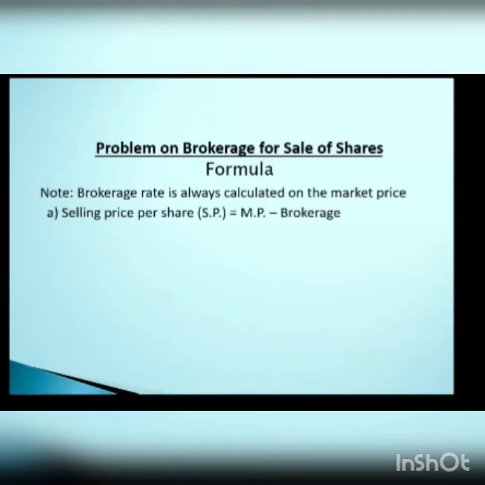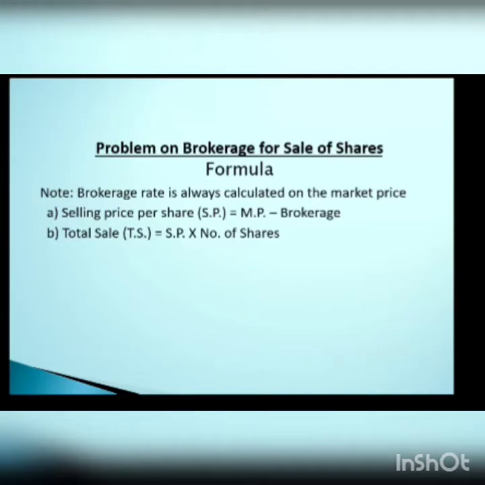And after that, one more formula we are going to look at, and that is regarding the total sale. Last time it was total purchase. Now here it will be total sale. How much amount he is going to receive after selling the shares. That is given by S.P., the selling price per share, into the number of shares. So this is the second formula, and this is how we are going to get the total sale value. These are the two basic formulas that will be used for today's lecture. I hope by now all of you have taken down the two formulas on the screen. So we move ahead now and start with the problem.